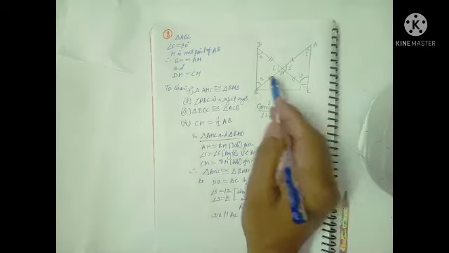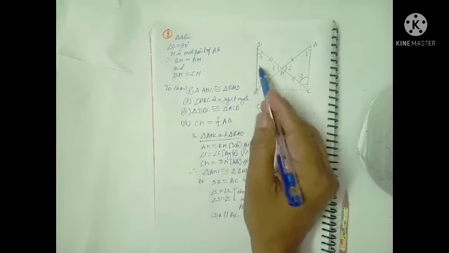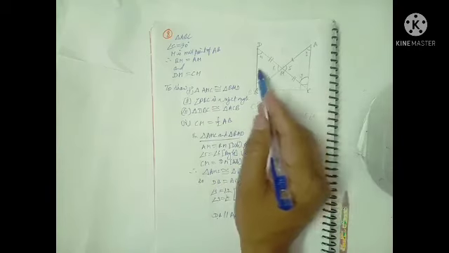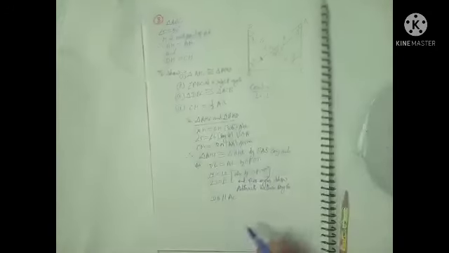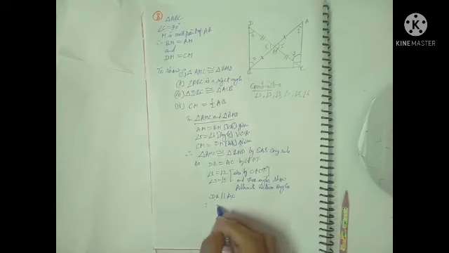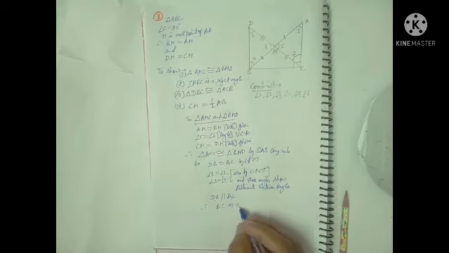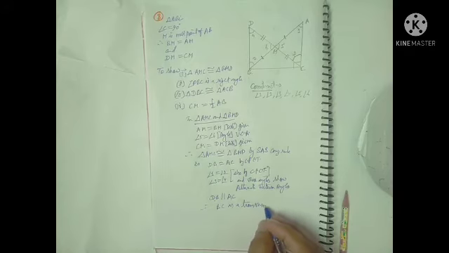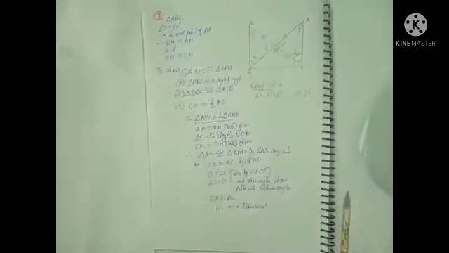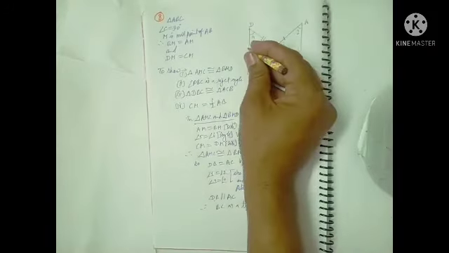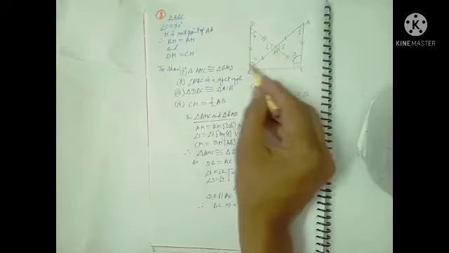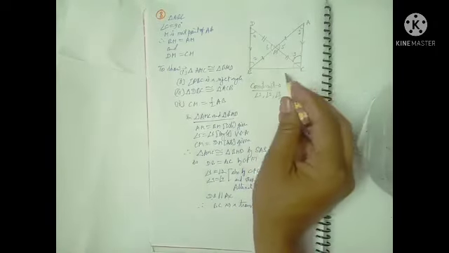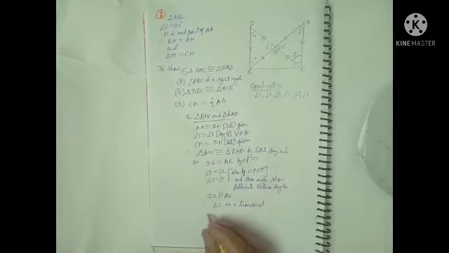Now we have done this much. So angle 4 and angle 1 are equal if they are alternate, if they are parallel. DB parallel to AC. Then BC is a transversal. See, I am drawing the parallel. They are showing parallel, DB and AC, because of these 4 angles making interior angles. So BC is a transversal.